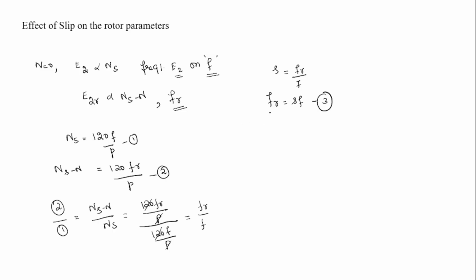Now the frequency of the EMF induced in the rotor under rotating condition will be equal to s times the frequency of the supply voltage. So this is the effect of slip on the frequency. Next we'll discuss the effect of slip